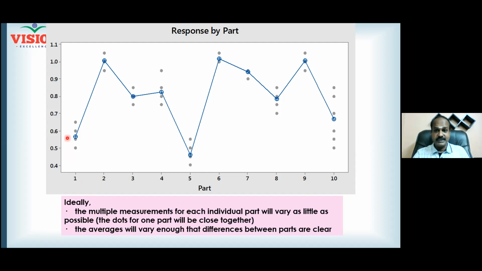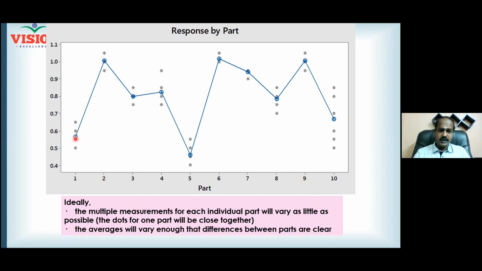But do you see the variation here? Do you understand the inconsistency? Whatever reading I gave and whatever reading you gave, and whatever reading the other appraisers gave, these are not matching. So what is this problem? Moreover, the 3 readings from operator 1, 3 readings from operator 2 and 3 readings from operator 3. If all of us work properly, work as a system, what will happen? All the 9 readings will appear as a pile of coins, one over the other. But you won't see spreading like this.